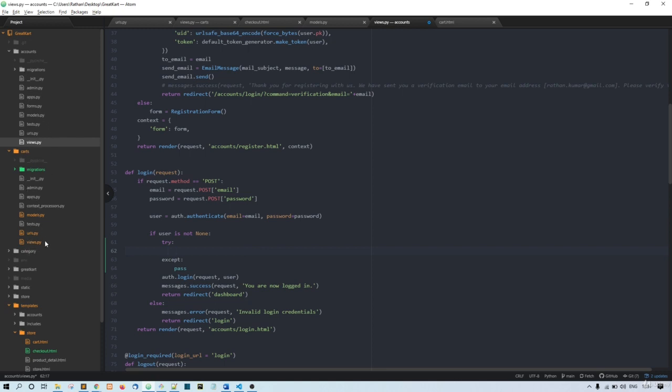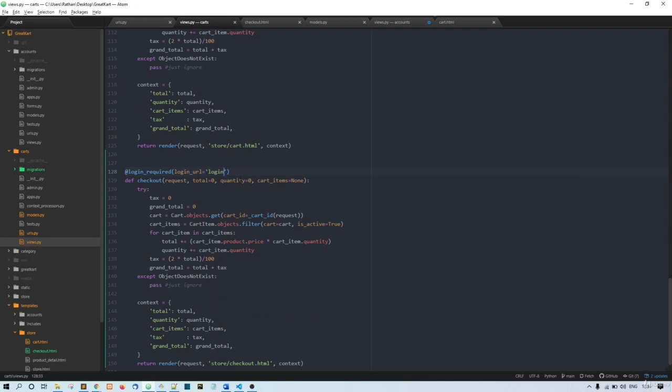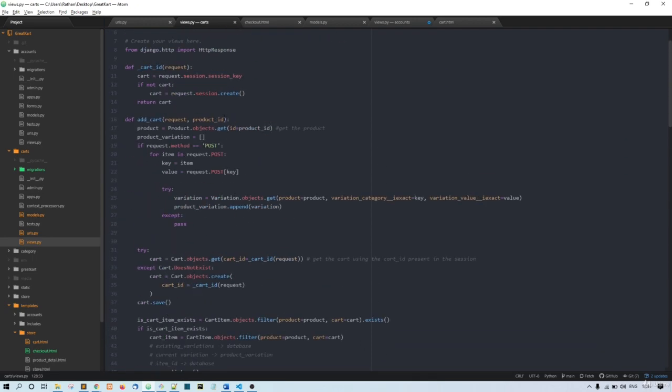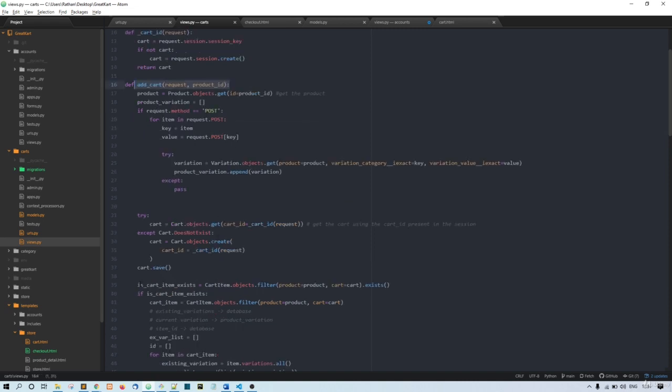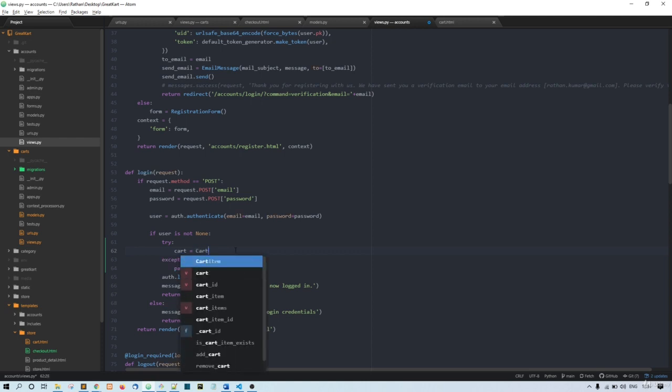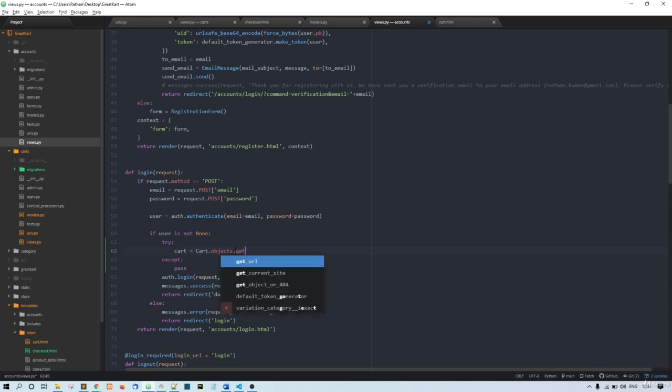In the carts and views we are checking the is cart item exist. So I'll first see if I have anything inside the cart. Cart is equal to Cart.objects.get, cart_id equal to _cart_id